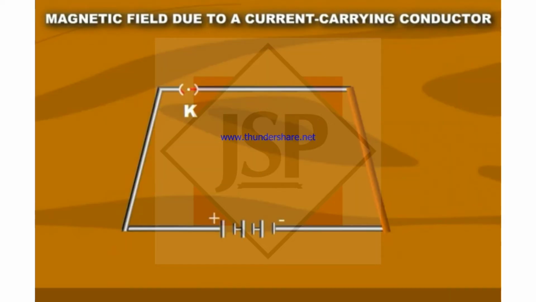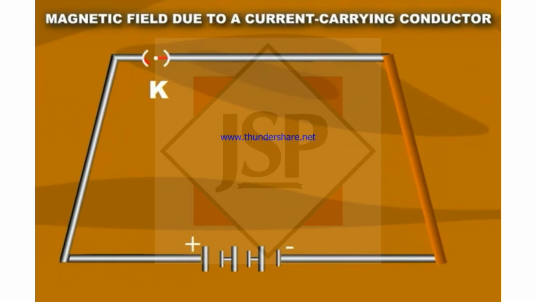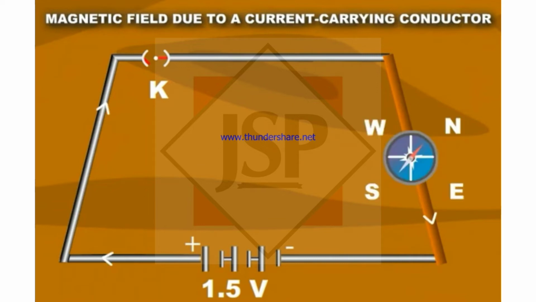In order to find the direction of the field produced, let us repeat the activity in the following way. Take a long straight copper wire, 2 or 3 cells of 1.5 volts each, and a plug key. Connect all of them in series as shown. Place the straight wire parallel to and over a compass needle. Plug the key in the circuit. Observe the direction of deflection of the north pole of the needle. If the current flows from north to south as shown, the north pole of the compass needle would move towards